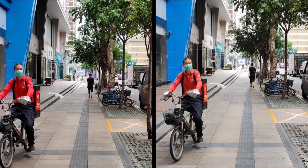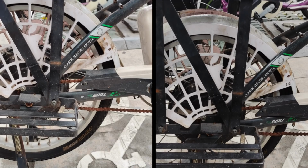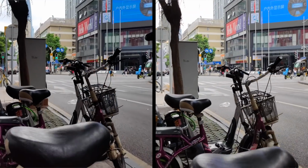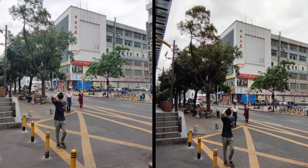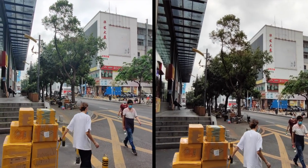And then switching over to this scene, you can see some exposure differences. I'm just going to pause the video here. I feel like it's slightly underexposed on the K30 Pro, whereas the details in the bike's chassis are more noticeable on the OnePlus 8 Pro overall. Let me know what you think about the differences in video between the two phones though. I think you can get good results from the main cameras on both of them. Shooting video on the ultra-wide on the OnePlus 8 Pro definitely has some advantages. They can use HDR on that image sensor and it definitely helps the phone to expose those trees